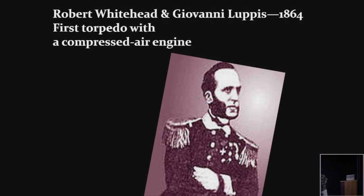The weapon that was used most effectively in submarines in World War II, and even well before that, even in World War I, was the torpedo. And it was Robert Whitehead, who was an Englishman, and Giovanni Lupus, even though it sounds like an Italian name, I think he was actually from the Austro-Hungarian Empire. But it was as early as 1864 that he invented the first torpedo that was propelled by a compressed engine. So the two of them got together and refined this product, and I think it was in Rijeka, which was in northern Italy. I'm not sure if Rijeka is still part of Italy or another country right now,